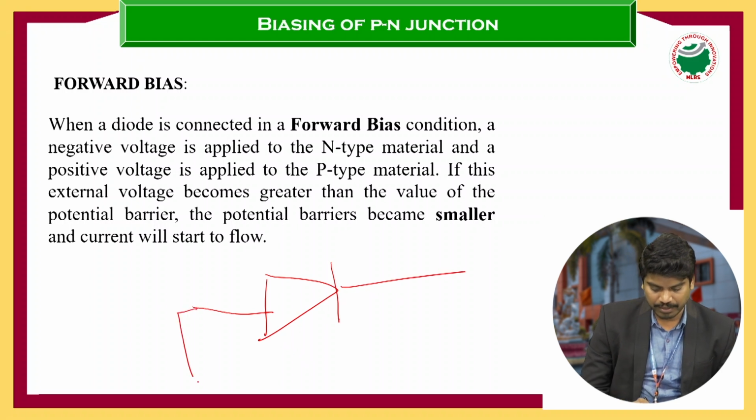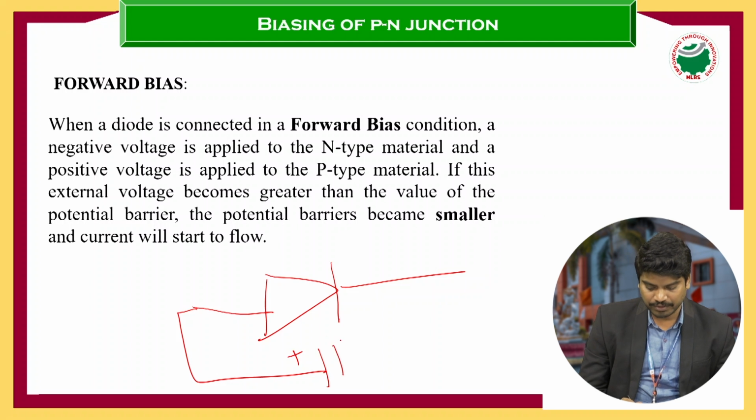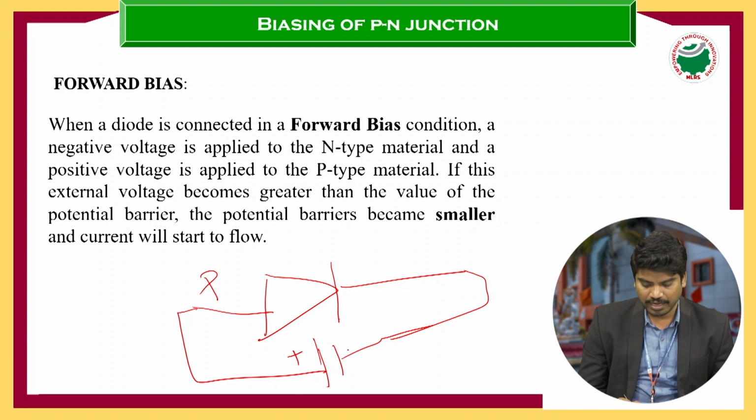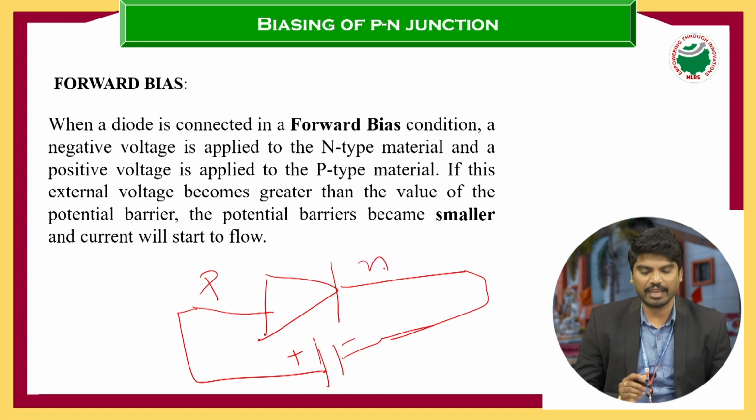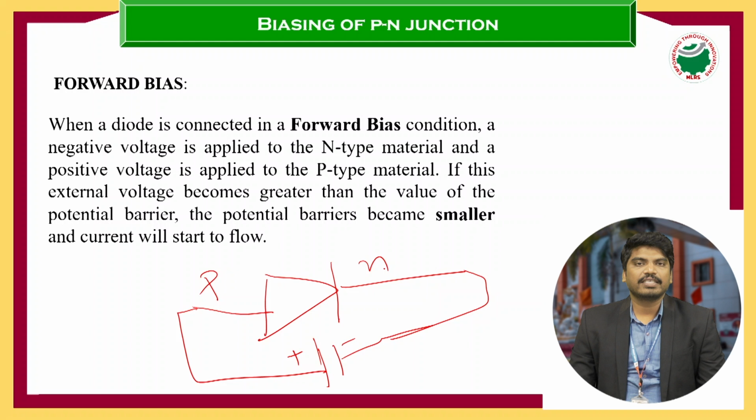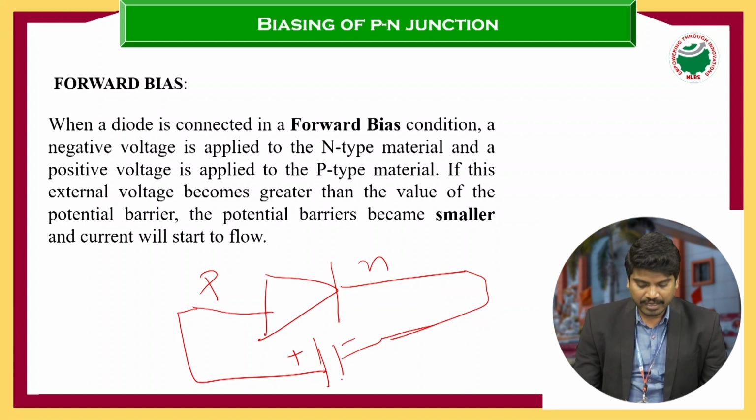This is the positive terminal. We are going to connect with positive, and this is the negative. The P side will be connected to the positive and the N side will be connected to the negative. If we connect like this, the P side connected to the positive of the battery and the N side connected to the negative of the battery, then we will call it a forward bias